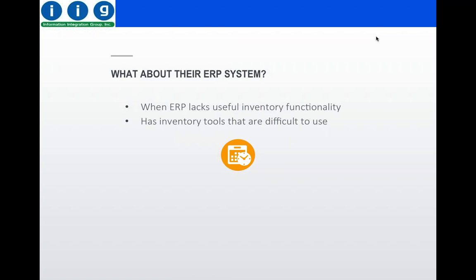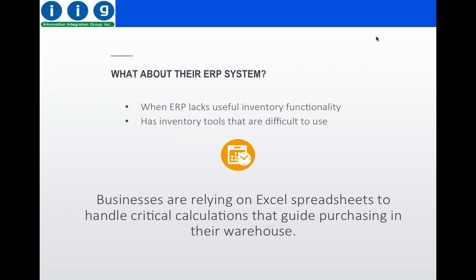So, what about the accounting and ERP software that's in use by all these smaller, medium-sized businesses? Why are they not using just that? It's a fair question, but it turns out that most accounting products, especially for the small, medium-sized market, simply don't do a great job of handling all the aspects of replenishment and optimization. They're usually missing some key functionality. Oftentimes that's a forecasting tool, or what's there is kind of hard to use or hard to understand, so it tends to be underutilized. And so that leaves a gap that Excel is often used to fill,